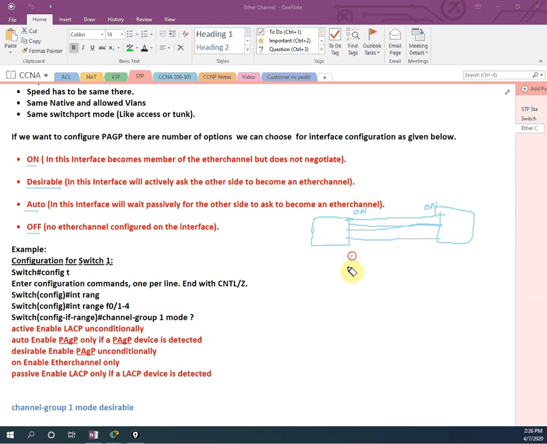So when we use desirable on one end, if the other end is auto, then it will also become an EtherChannel. If we use one as auto and the other as desirable, it also becomes an EtherChannel. What it is saying here is, if we configure one port as desirable, the other port, whether desirable or auto, will become an EtherChannel. But in the other case, if we have auto on this interface,